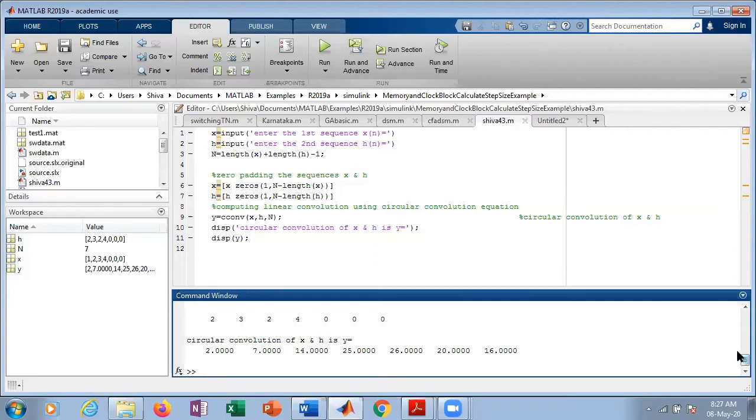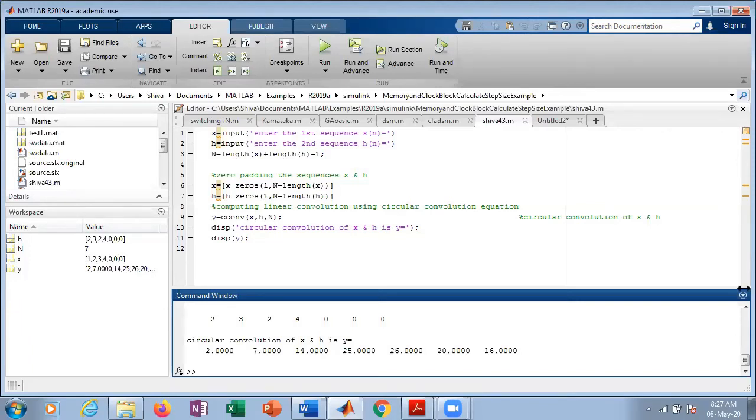So the total length will be 8 minus 1, that is 7. You can see here the total length for the linear convolution is 7. The output is 2, 7, 14, 25, 26, 20 and 16.